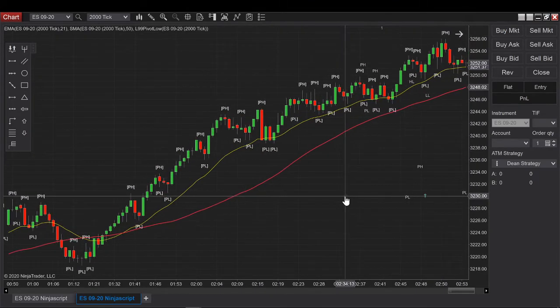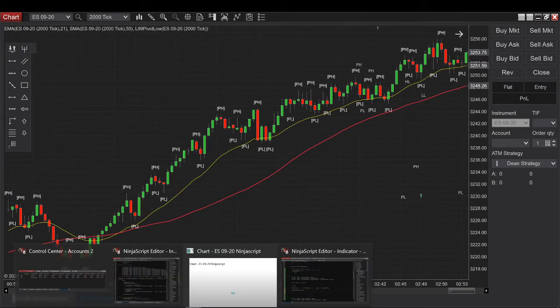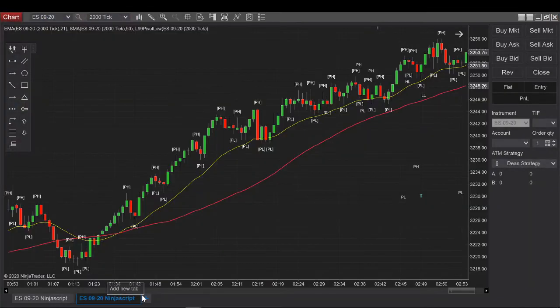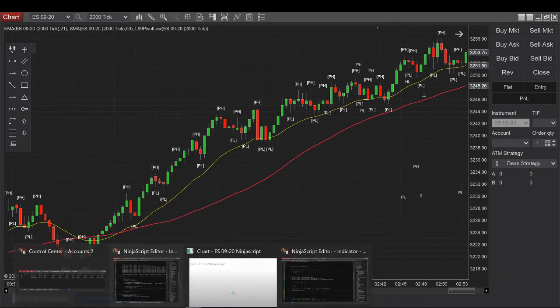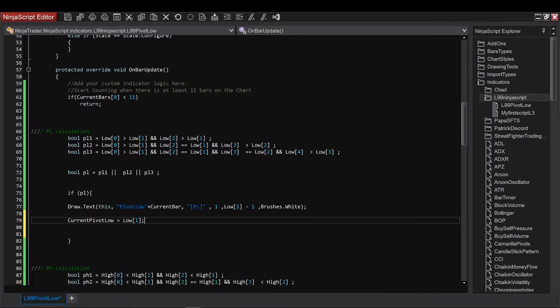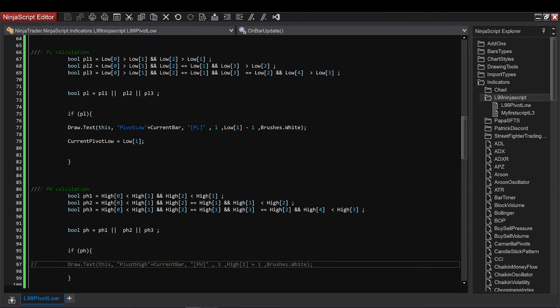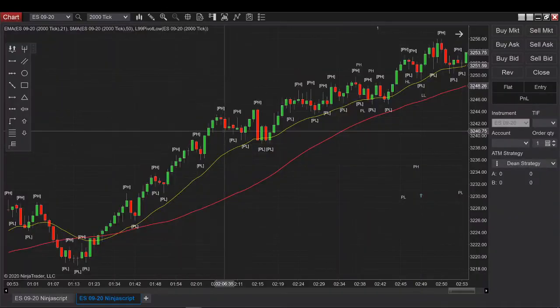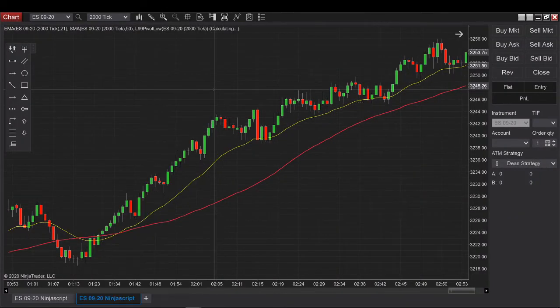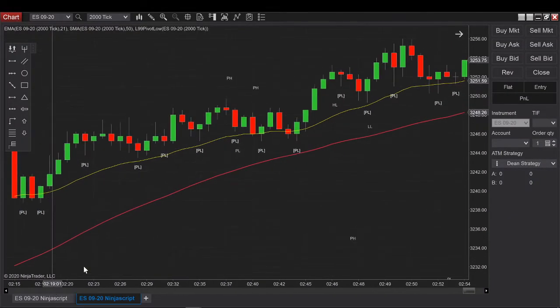I have my chart over here. I'm going to remove the pivot high because it's too cluttered, so I'm going to comment it out and reload my chart. I'm just going to keep the pivot lows for the moment to find higher low and lower low.